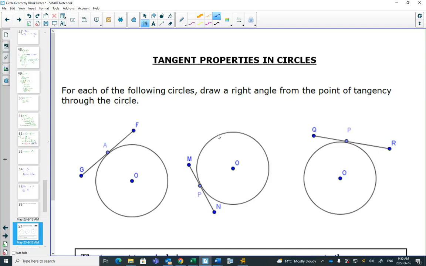They said, draw a right angle. So you measure 90 degrees here, and you draw it. And what do you know? It goes right through the center. So if you have